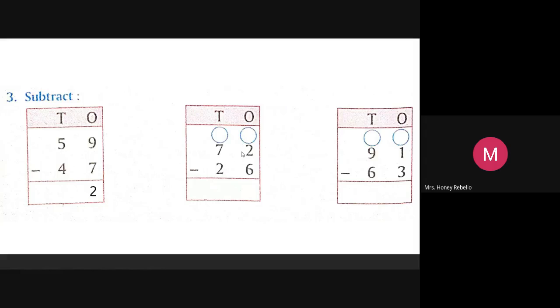Did you do that in your textbook? Yes, ma'am. Really? I will ask you to show it to me now. Did you do it, Mukilan? Yes, ma'am. Okay, now 5 minus 4. 5 minus 4 is 1, ma'am. Okay, good. Children, you have to put a tick mark if it's right. Now, next child.